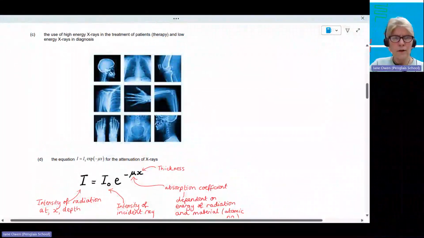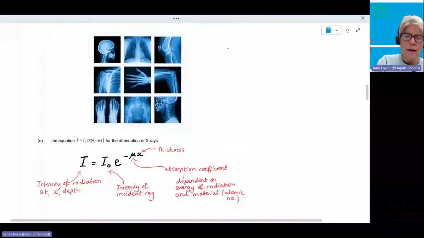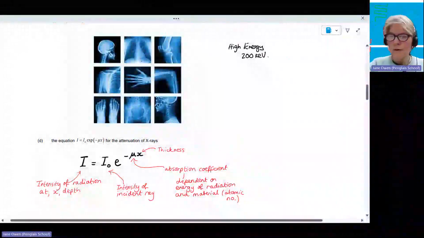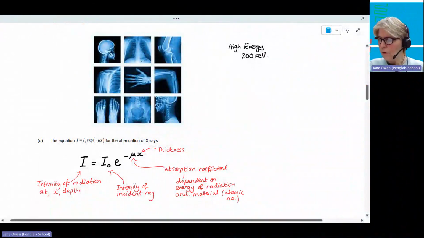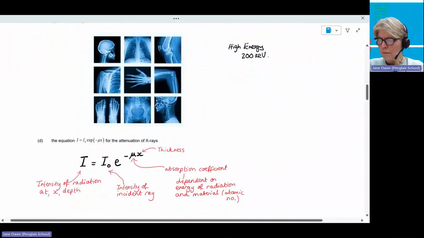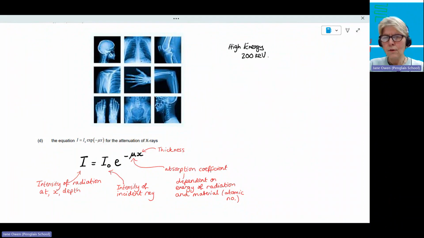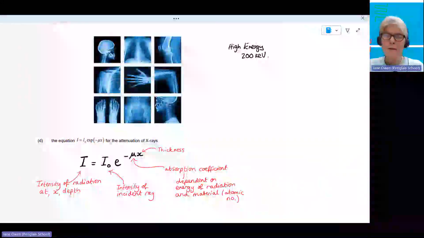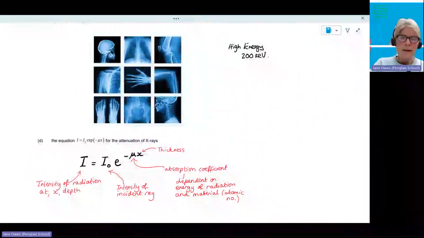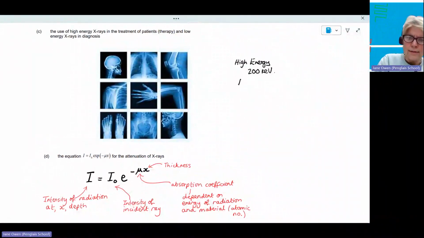The high energy X-rays, so that means using smaller wavelengths, and we're looking at 200 kiloelectron volts instead, is used for treating cancerous cells over a course of several months of treatment. You can kill the cancer cells, but it will also kill living cells, but it gives them a chance to recover before the next dosage of high energy X-rays on that target area. So that's for killing cancer cells,